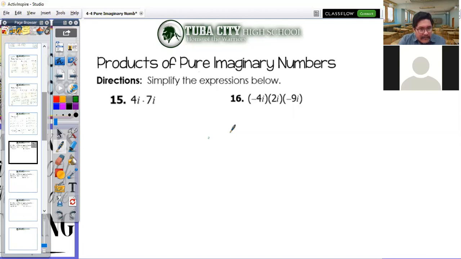Now from here, if we look at what i squared means, go back to the last slide. And again, it's easy if you have this chart. So we have i squared and we know that it just simplifies to negative 1. So this means if I were to take out the i squared, it would just boil down to, okay,